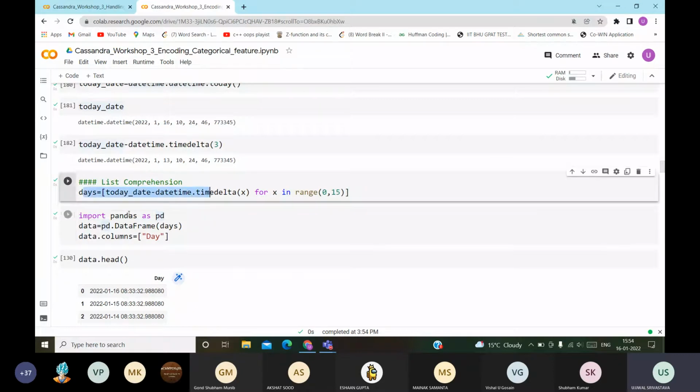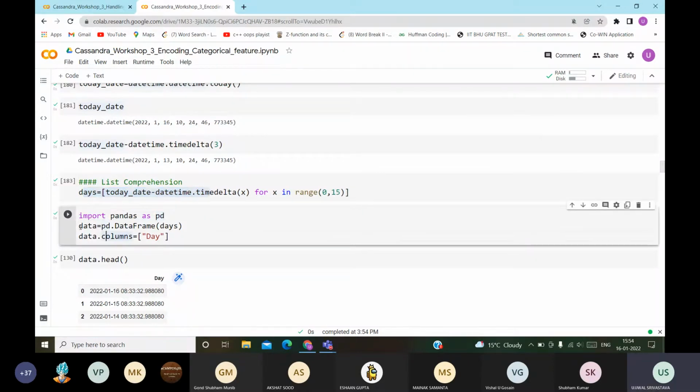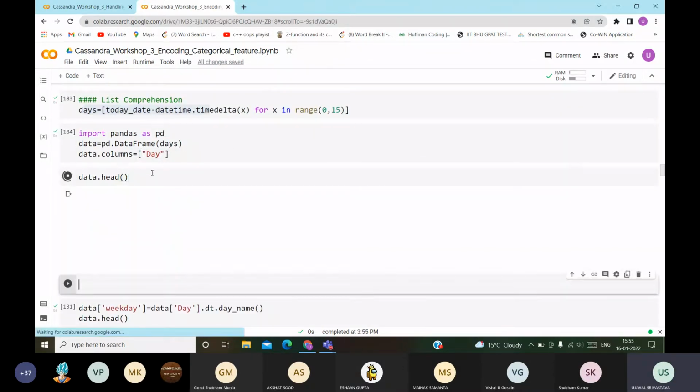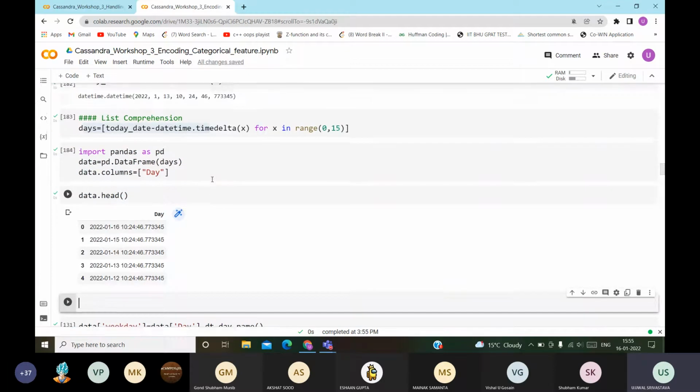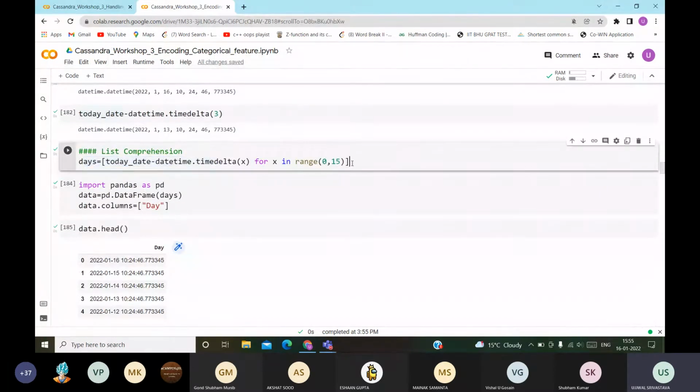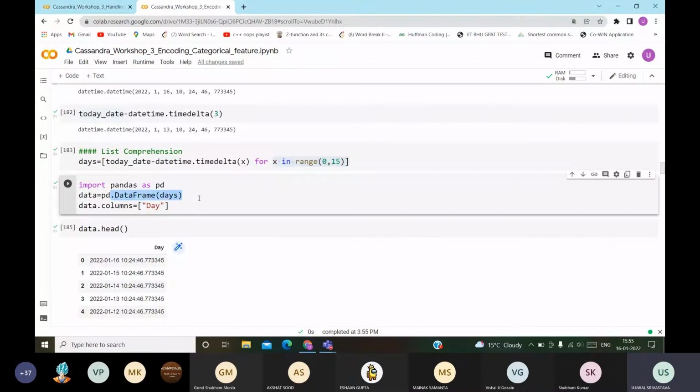These are the days, and I am creating a data frame out of day and assigning the column name, that is data.columns equals days. So basically I am creating a new data frame. As you can see, here is the new data frame, and I got it just by using this and converting it into a frame. These are just simple code.